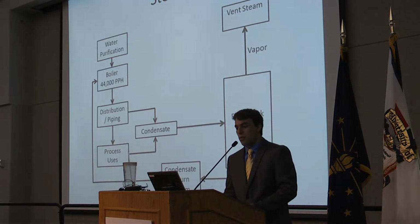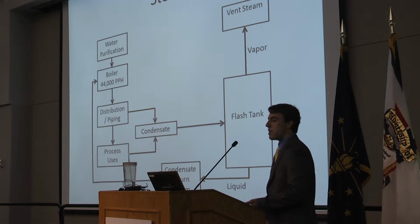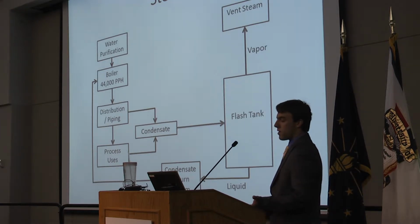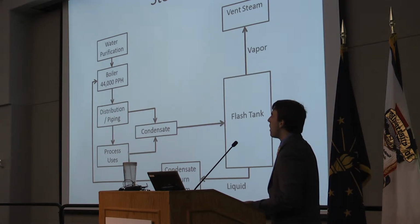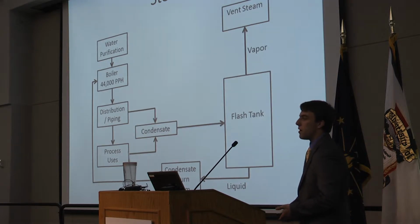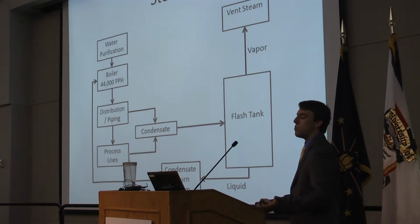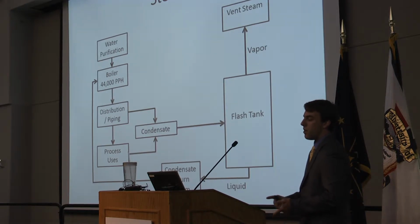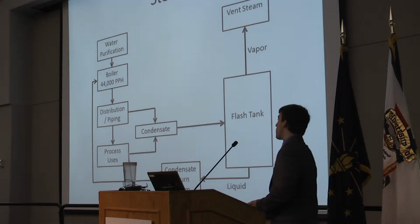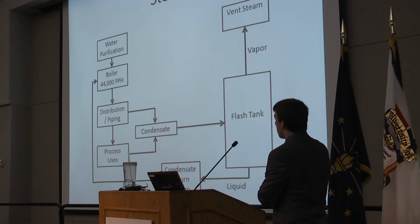So I'll go into a little overview of the steam system. I can't show you their steam system because of security issues, but I can show you this block diagram that gives a general overview of how their system works. First, before the water can be boiled, it must be purified with a water softener and deaerator to remove all of the entrained air. All of those chemicals and air would tear up the boiler and the rest of the steam system. After the water is purified, it's heated by natural gas in the boiler,